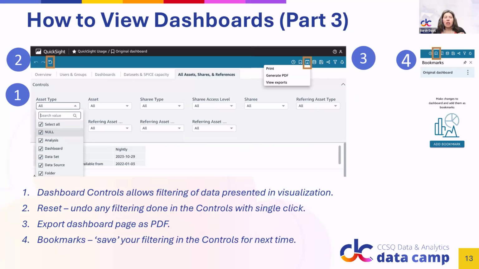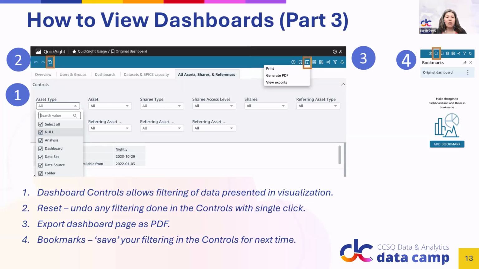All right. So the last one is that within a dashboard, as a developer, you have the ability to put in different types of controls. So you can allow your users to filter down and change the visualizations within the data if that makes the most sense for you. And when you do have controls, you have the ability to undo, which is the circle with the backwards arrow. So that will reset all of your controls back to how you set it up. So that way, there's nothing filtered.